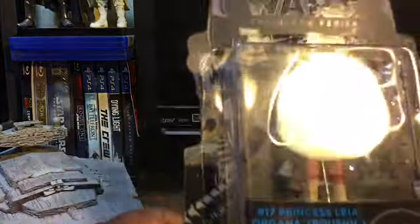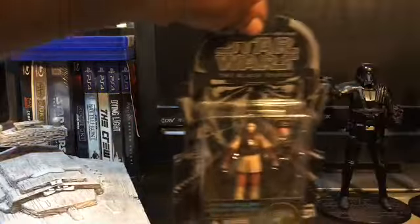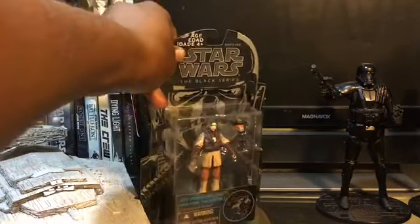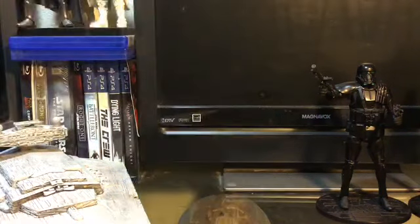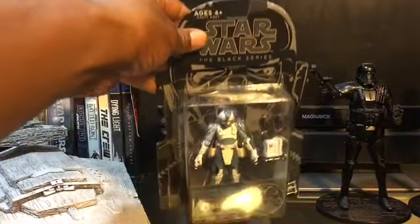So she is going to stay carded, but she is most definitely not perfect. So there is Princess Leia. We're going to look at Commander Wolf, one of my favorite